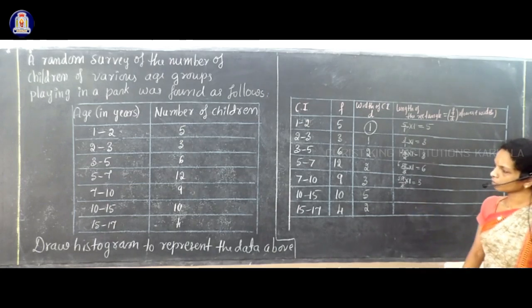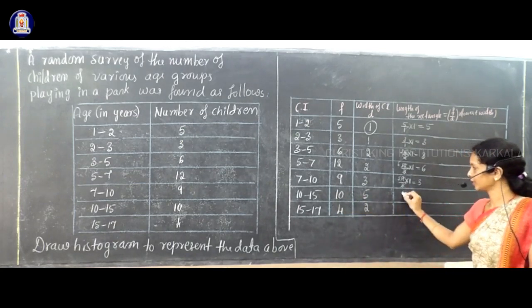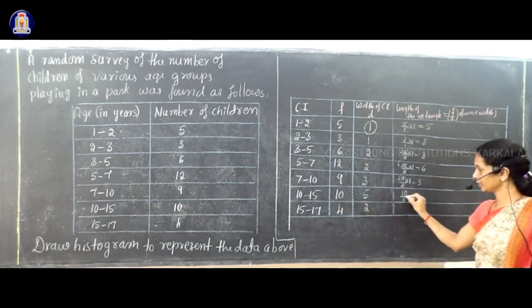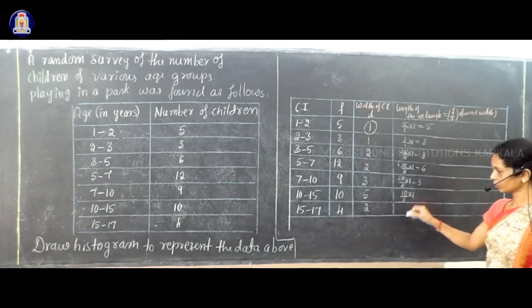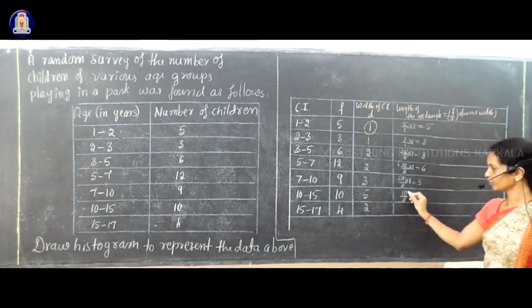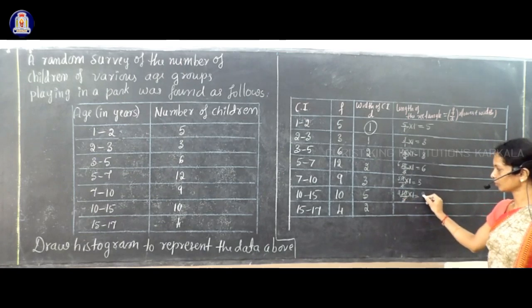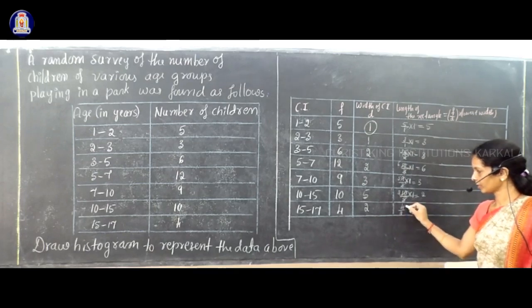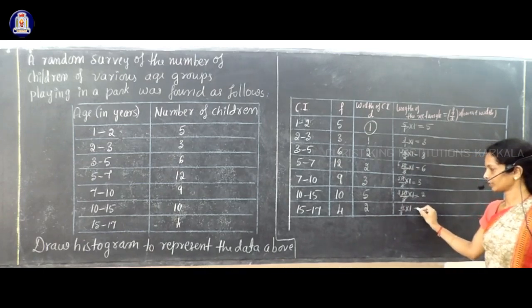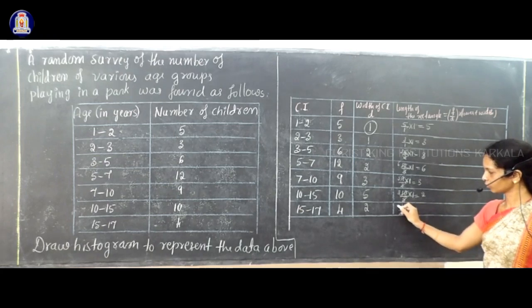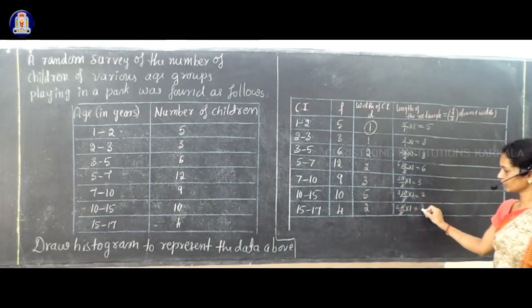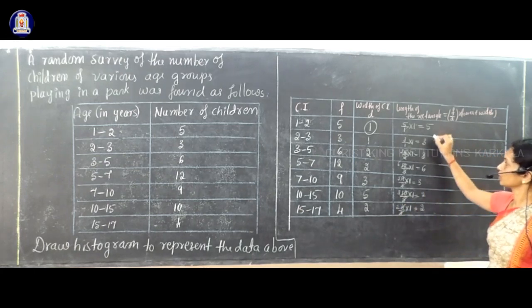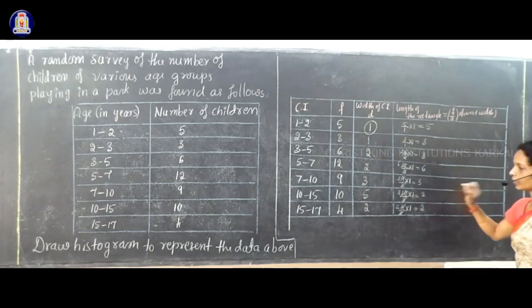Okay, and here f by d, that is f is 10 divided by d is 5 into lowest width, that is 1, and 5 ones are 5, 2 times, so your answer is 2 into 1, that is 2. Next here f by d, that is 4 divided by 2 into the lowest width, that gives you 2 ones are 2, 2 times, 2 into 1, that is 2. So these are the actual height of the rectangular bar.